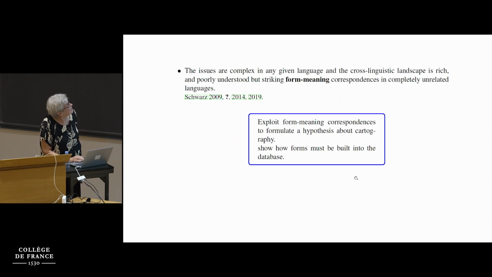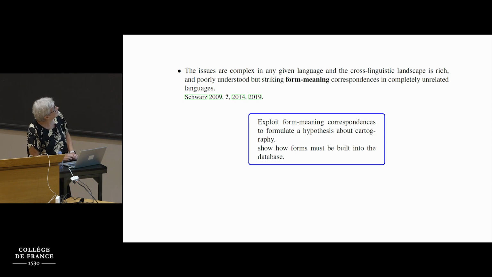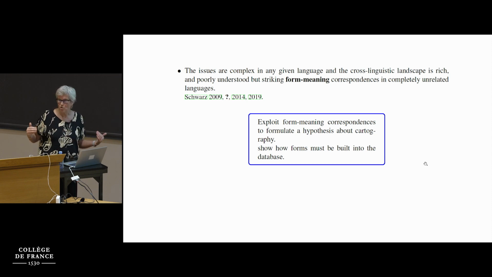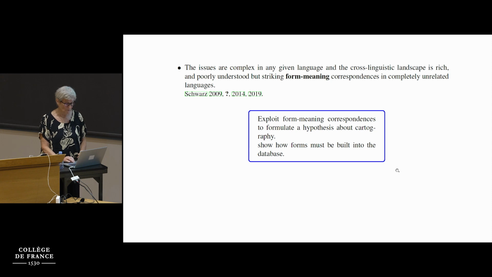But at the same time, we see that the issue is very complex, but there is actually an opening that I will talk about. The issues are complex in any given language, and the cross-linguistic landscape is very rich and poorly understood, but there are actually striking form-meaning correspondences in completely unrelated languages. And this has been shown by a semanticist, a linguist, Florian Schwarz, who is at the University of